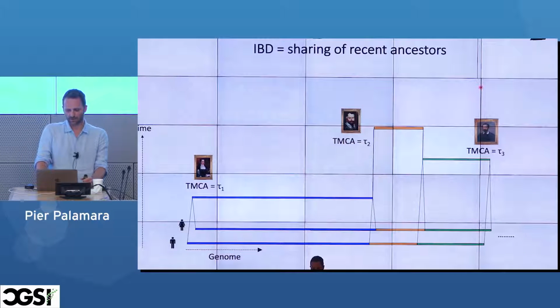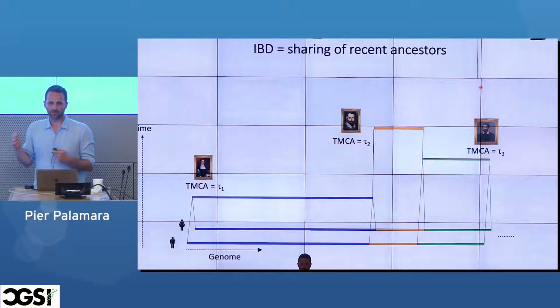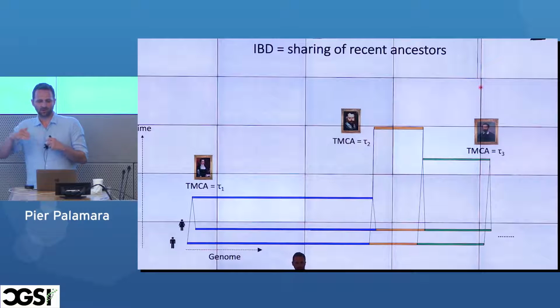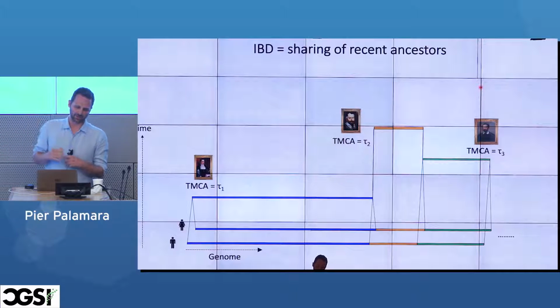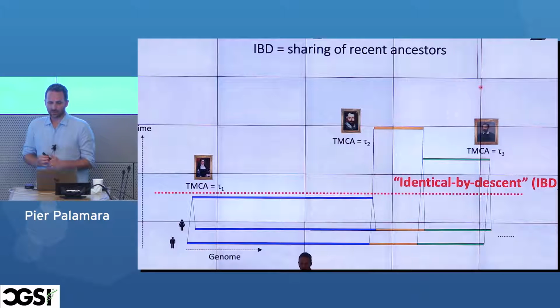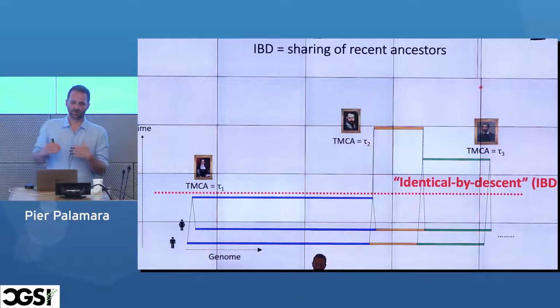One thing that you might be interested in is if you have a big data set, you have a bunch of genomes, you want to figure out who's related to whom, you want to figure out if people tend to have close ancestors in the past, say, 1,000 years or something like that. And that's something that you won't have a pedigree for. People are not aware of this kind of relationship, and the genome kind of has that information. So one thing you could do is you could say everyone below a time threshold is IBD, identical by descent, and that's kind of looking for ancestors that are shared for pairs of individuals. They're likely not aware of that, but individuals who are cousins of some degree in a data set.